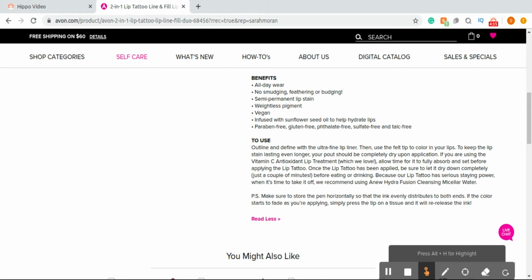It says once the lip tattoo has been applied, be sure to let it dry down completely, just a couple of minutes. It usually takes even matte lipsticks, and it does take this lip stain about 5 to 10 minutes to dry completely down. It just depends on how much of it you apply. Before eating or drinking, because our lip tattoo has serious staying power, when it's time to take it off, we recommend using a new high